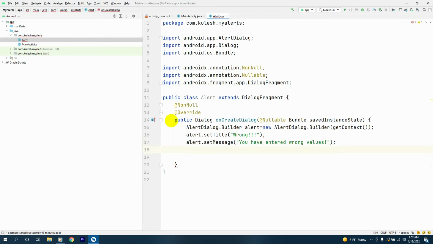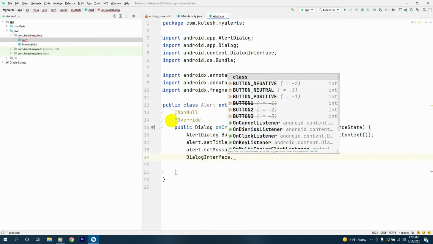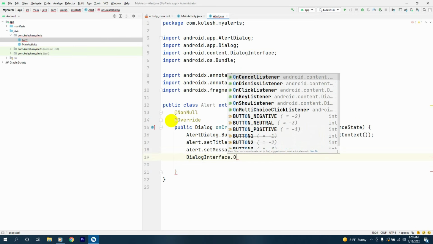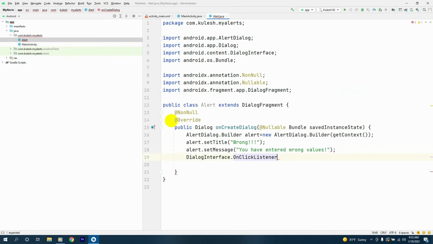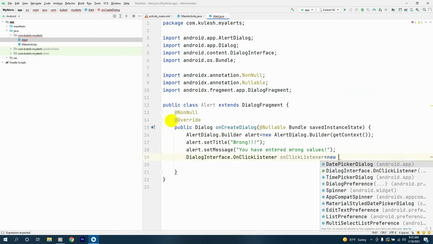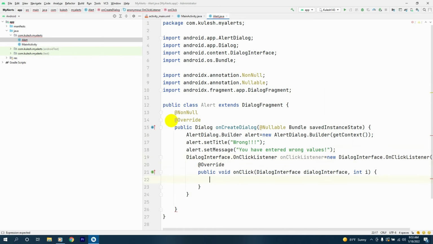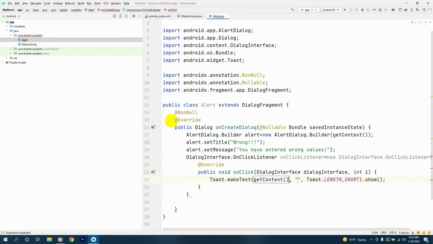Okay, next thing we say DialogInterface.OnClickListener, and call this onClickListener, and we'll make it equal to new DialogInterface.OnClickListener like this, and inside it we'll provide a toast, getContext, and the text will say alright, and we'll